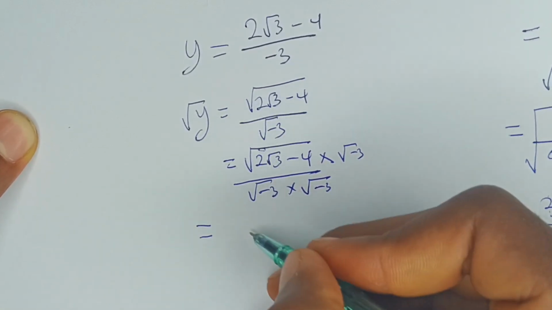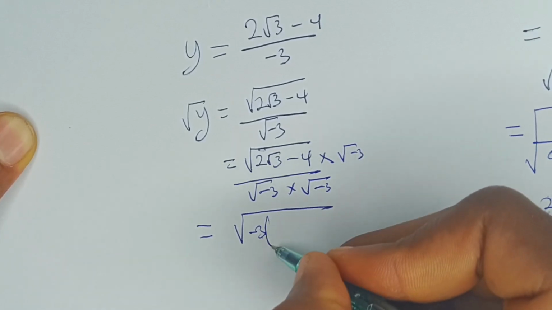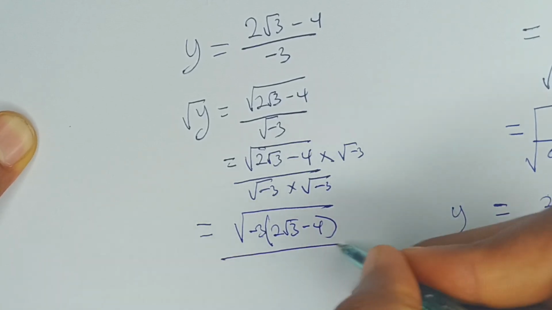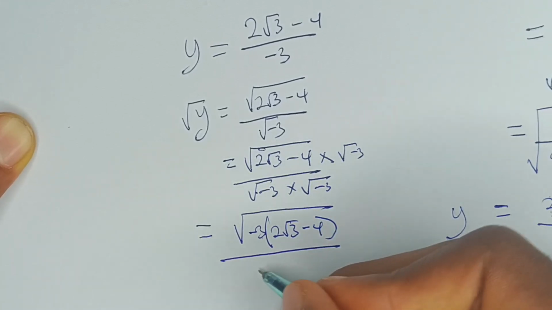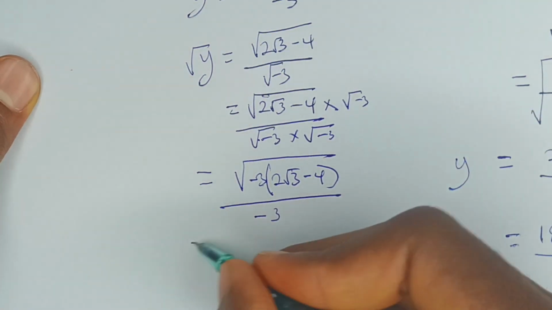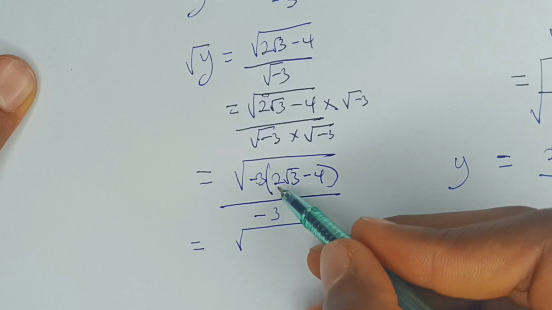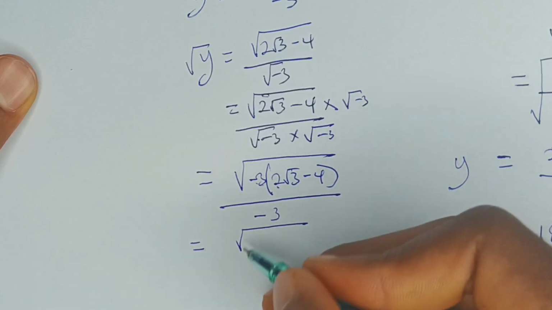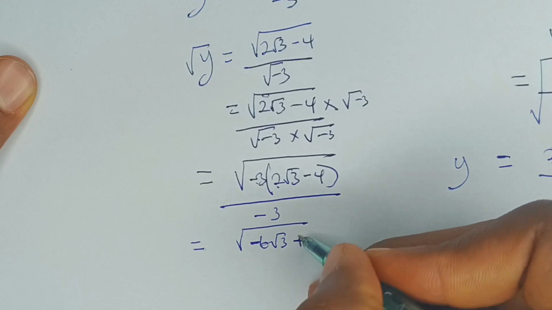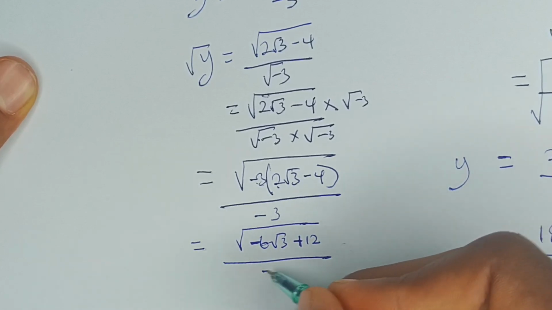So that this becomes equal to all in square root of negative 3 times 2 root 3 minus 4, all over root of negative 3 times root of negative 3 is negative 3. Okay, this becomes equal to root of negative 3 times 2 is negative 6. So we have negative 6 root 3 plus 12, okay, all over negative